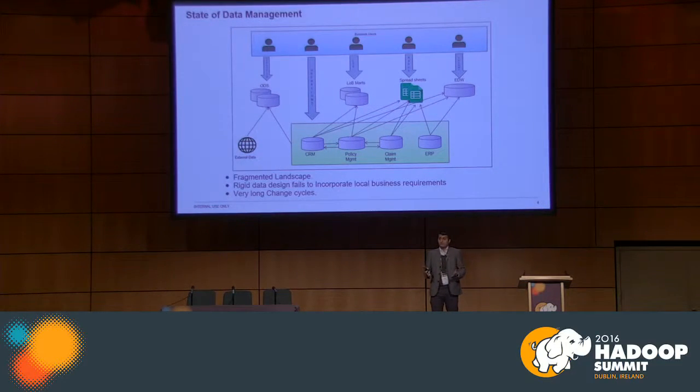So what we normally see is a lot of LOB marts coming up. But these LOB marts are not very flexible to changes. They have fixed schemas, and making changes takes a long time. Then business systems start using spreadsheets, and there's a spreadsheet proliferation before we can see it. We also have people accessing operational systems directly, and a proliferation of lots of ODSs. So what we see is a fragmented landscape,